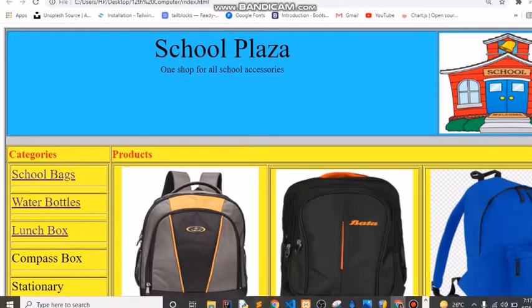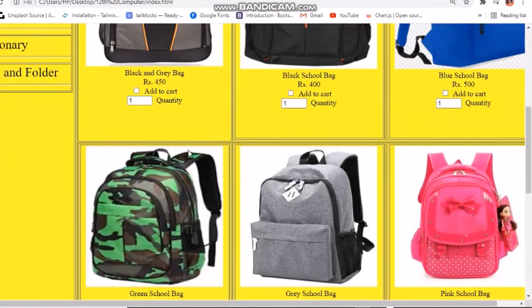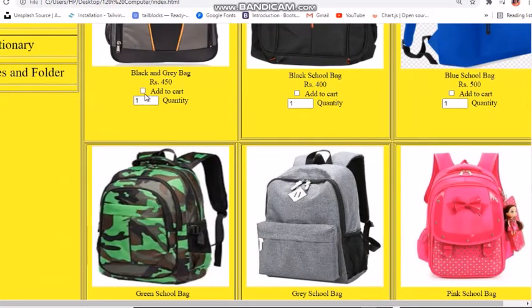Now I will give here add cart, say quantity 10. Here also for second black bag, here I will give quantity as say 5.